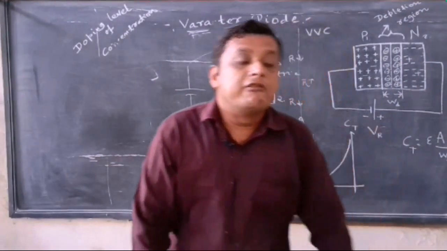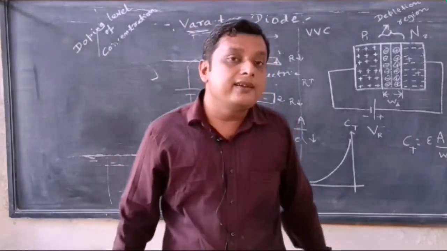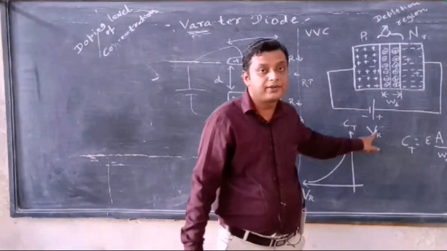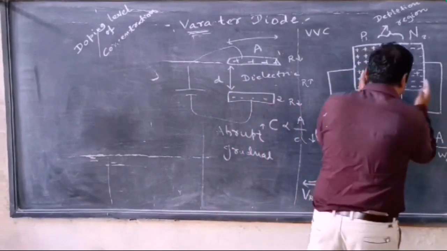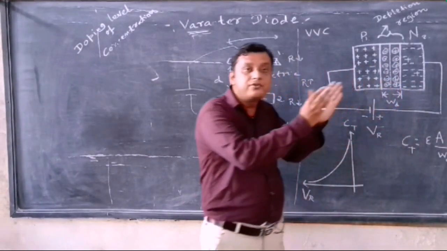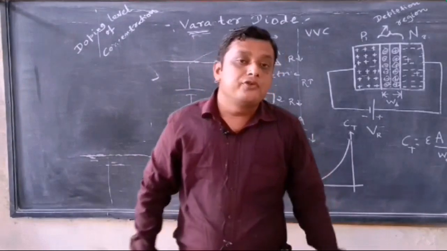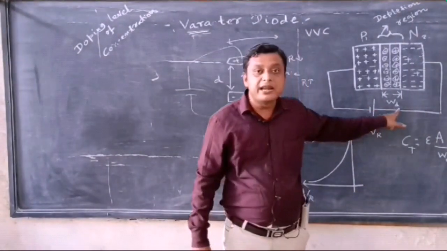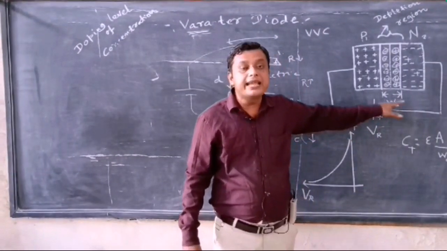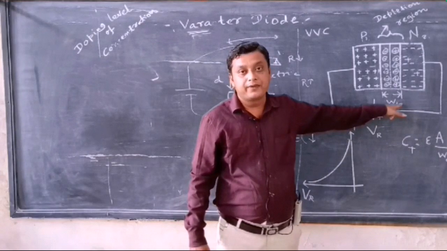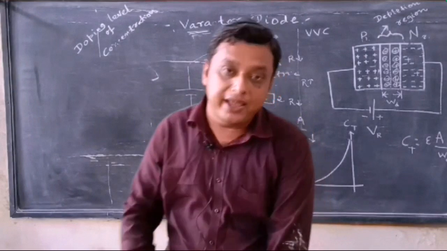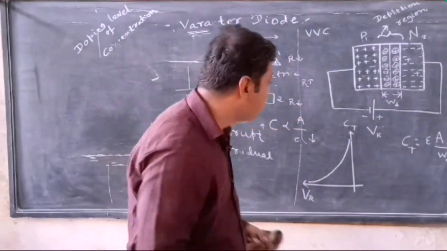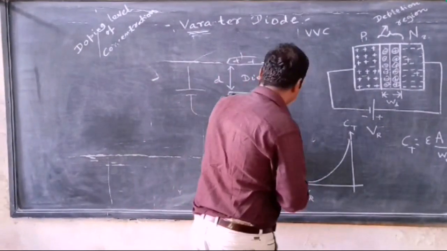And if I am increasing the reverse voltage, then what happens? Depletion barrier starts to increase. So the W means width, D means depletion barrier. So WD means width of the depletion barrier. So I can say that